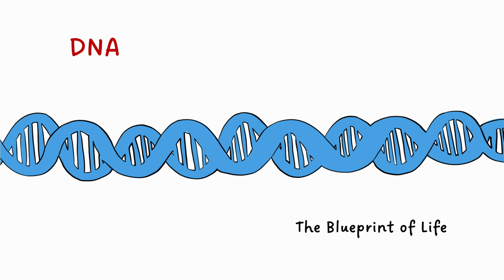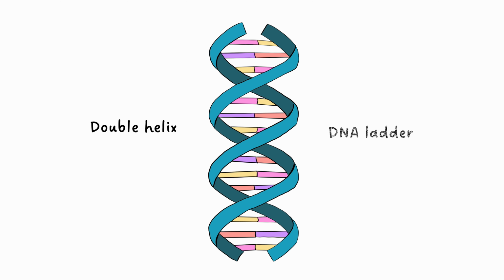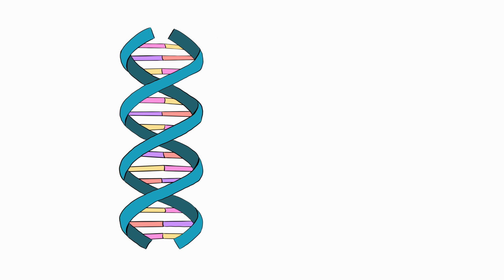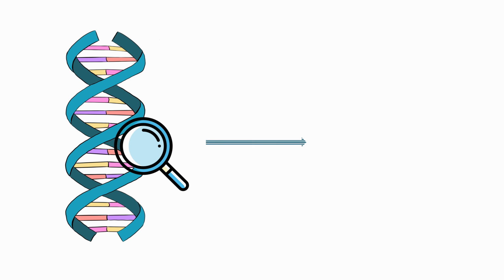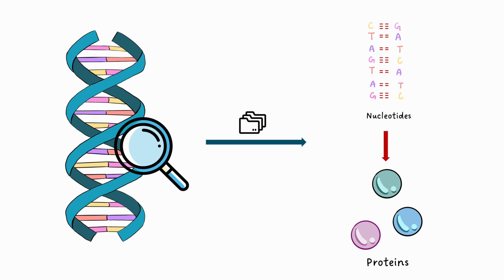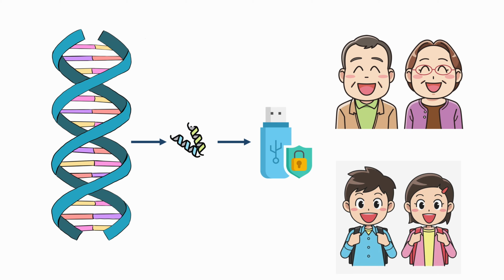The structure of DNA is a double helix, which looks like a twisted ladder. This structure is incredibly important because it allows DNA to store and transmit genetic information efficiently. The information in DNA is stored in the sequence of its nucleotides. This sequence encodes instructions for building proteins, which carry out various functions in the cell. When organisms reproduce, this genetic information is passed from parents to offspring, ensuring that the offspring inherit traits from their